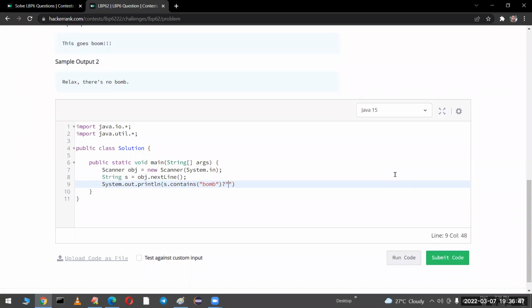True means what? We have to print some message, right? So duck. If it is false, then we have to print relax, so there is no bomb. But please make sure you convert the data to lowercase. Otherwise comparison won't happen, because there are some inputs which are going to take in the